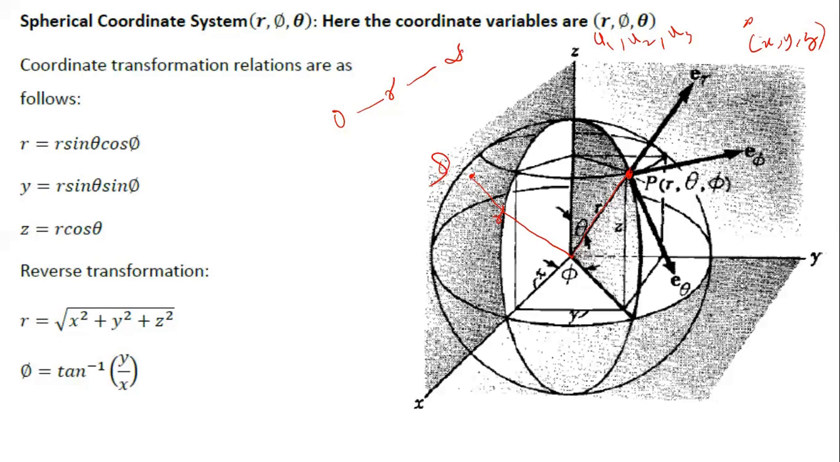Now let us get back to this particular point P here. If you drop a perpendicular here, you can see that there is a line from the origin to this perpendicular, and the angle this line subtends with respect to the x-axis is called your phi coordinate. This is another coordinate variable called the phi coordinate variable. So depending on your phi value, if you move your phi from